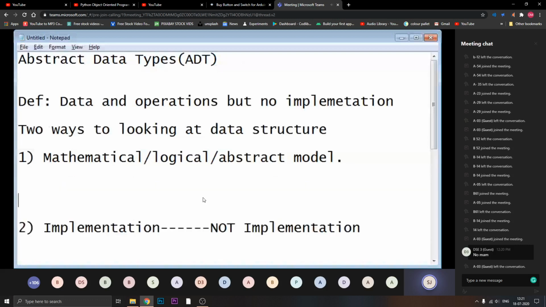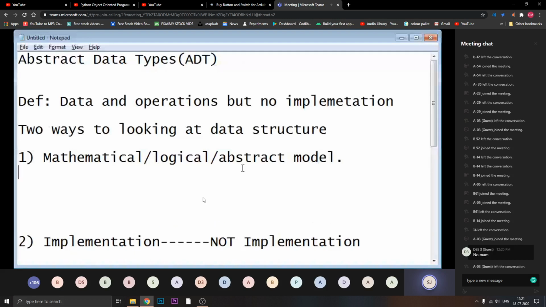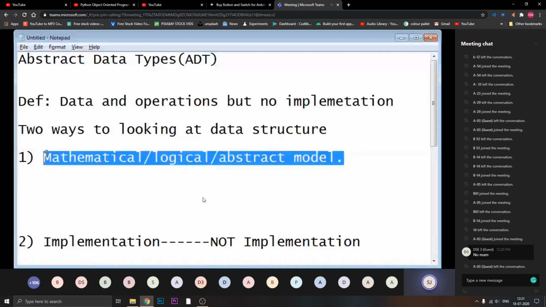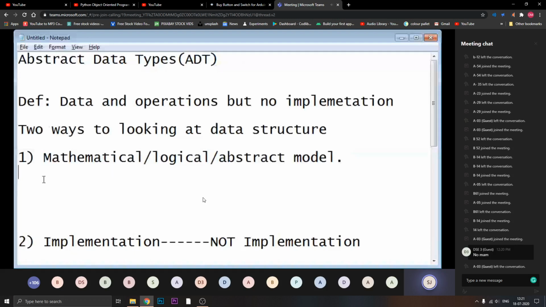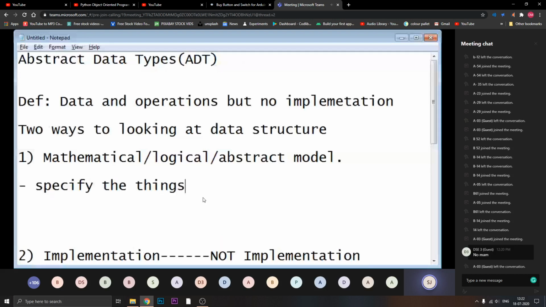To describe this part, the first way to look at the abstract data type is that it will specify the things a data structure is going to have. Okay, I'll write smaller henceforth.